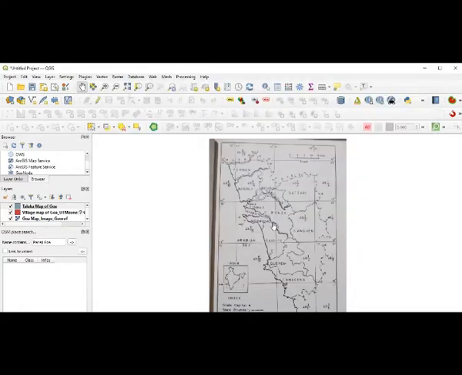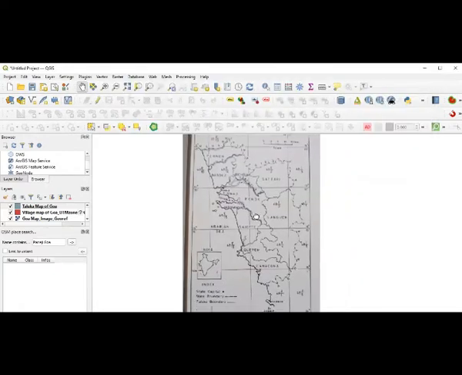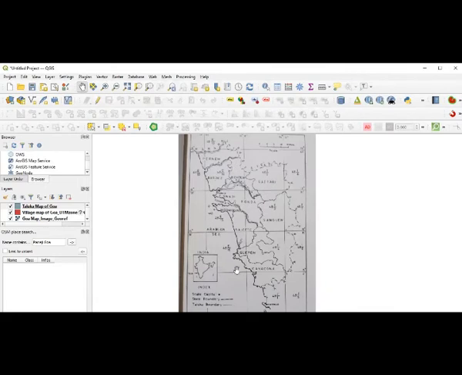Right now, what you have on your screen, I hope you can see, is the Goa map in raster format. You cannot do anything with this one, either editing or changing or typing anything, or adding on the canvas.